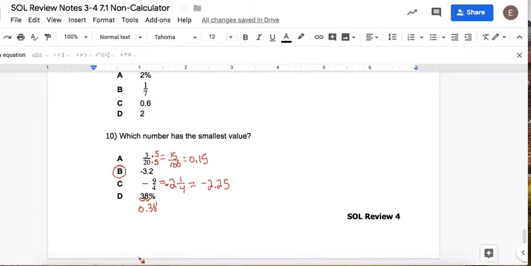Because remember, negatives work differently than the way positives work. When positives go up, they get greater. The bigger the negative, the smaller it is. Okay, so -3.2 is the smallest value. So remember, when you're comparing and ordering fraction, decimal, and percent, remember to convert them all to the same form. And if you have a fraction, you can do long division. So that concludes our